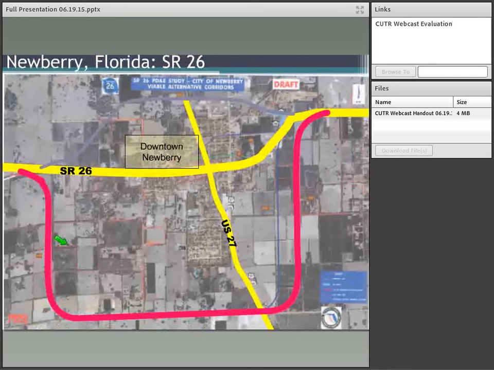Other considerations included going completely around the town. So there was a northern bypass consideration that went up here and all the way around the developed area, back into 26 up at this location. And then one that went south, just kind of almost like a circumferential route all the way around the town. Again, reasons for this